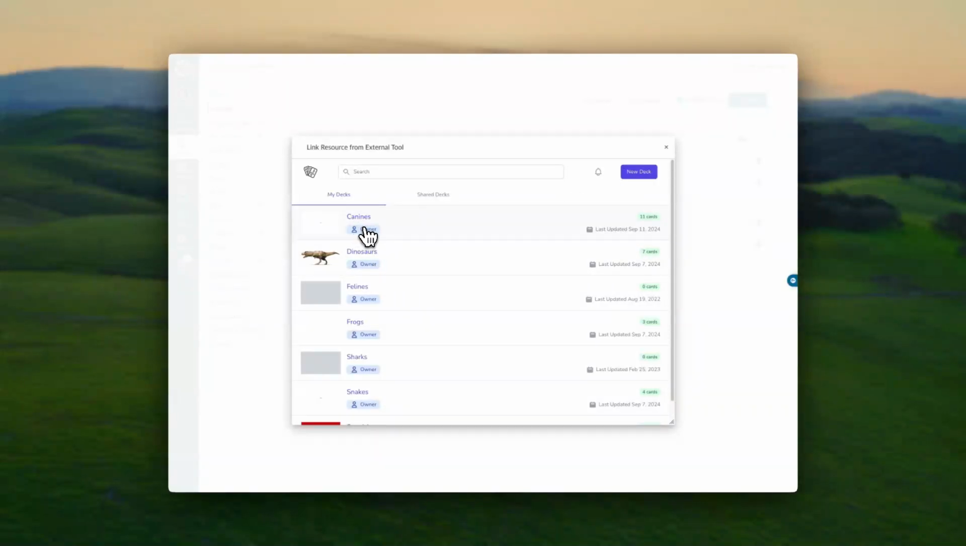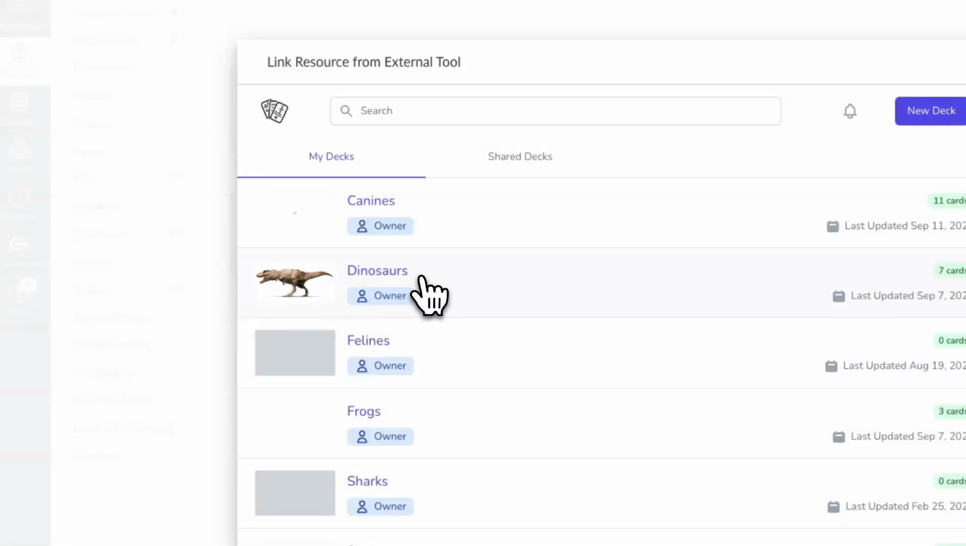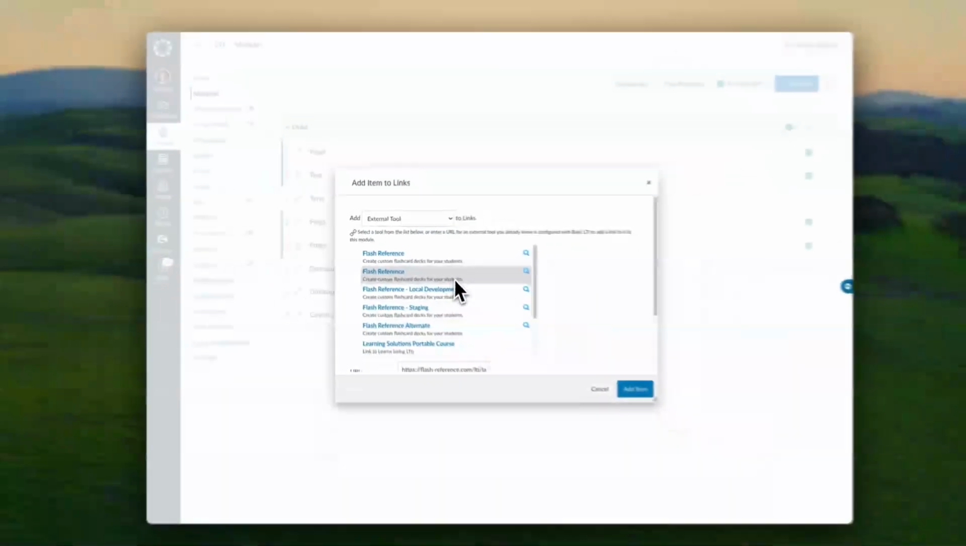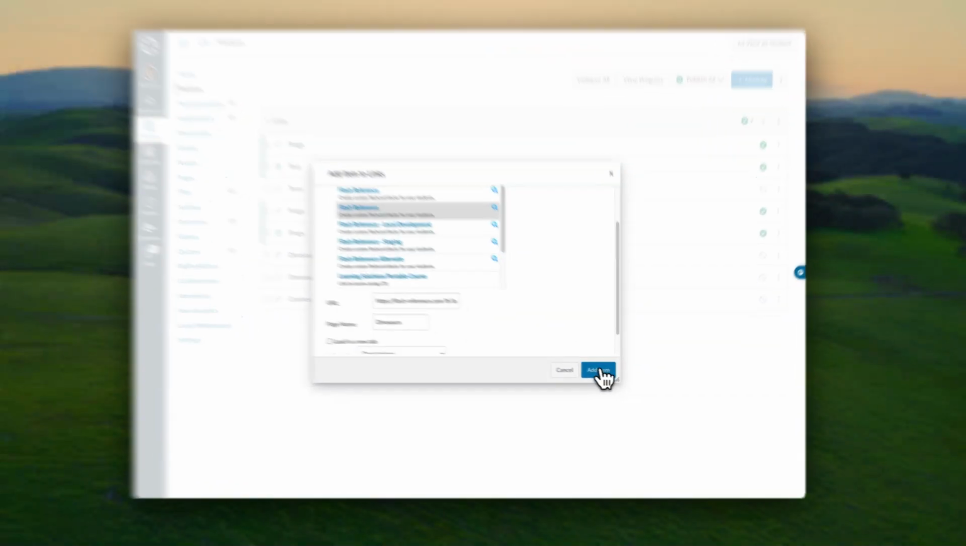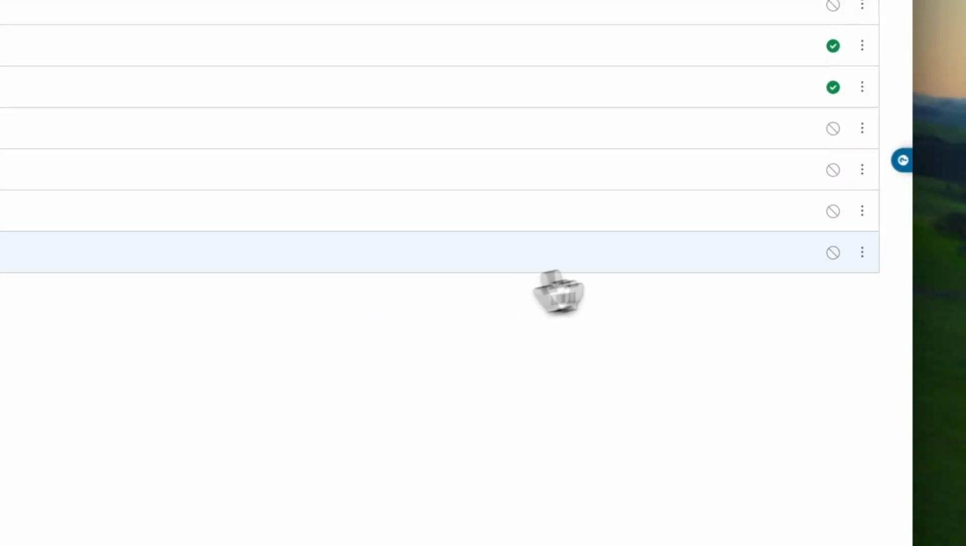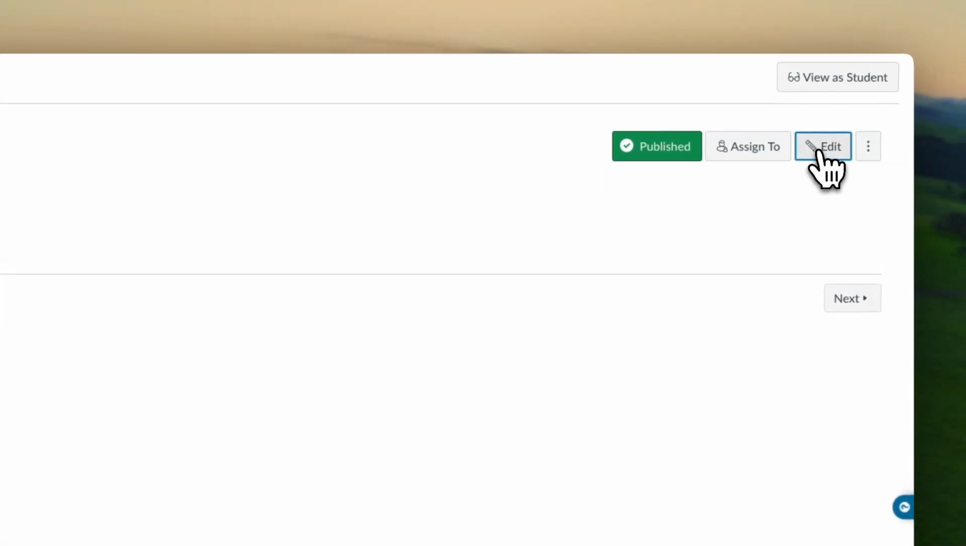So, but if I do click on the deck here, it will insert the link back into my course, and it'll have the same title and the link, and then I can just add it as a module item and enable it here. The other way is I can go into a page that I've created and edit it,